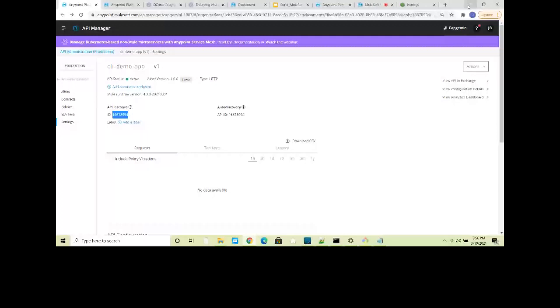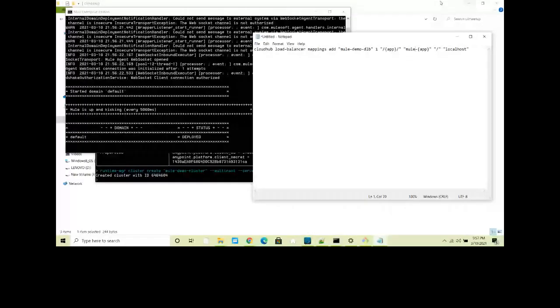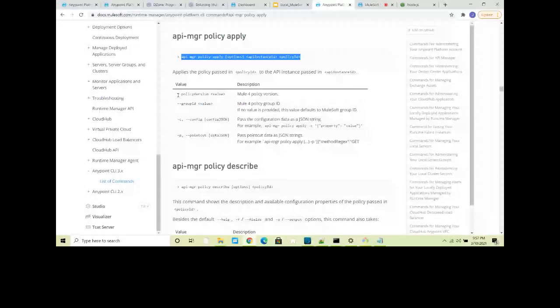For rate limiting, it's rate-limiting. You can go to Exchange, and from Exchange you can download the YAML file for rate limiting. You can get all these details. Then you have to provide a version, basically. I think policy version ID. Okay, so it's policy version. You can copy this. These are some parameters you can pass.